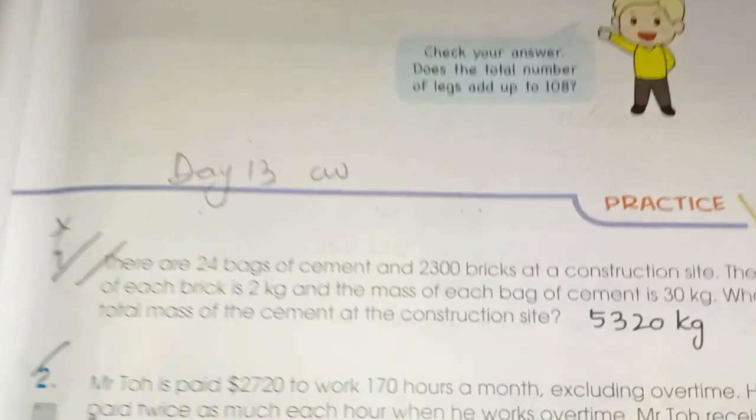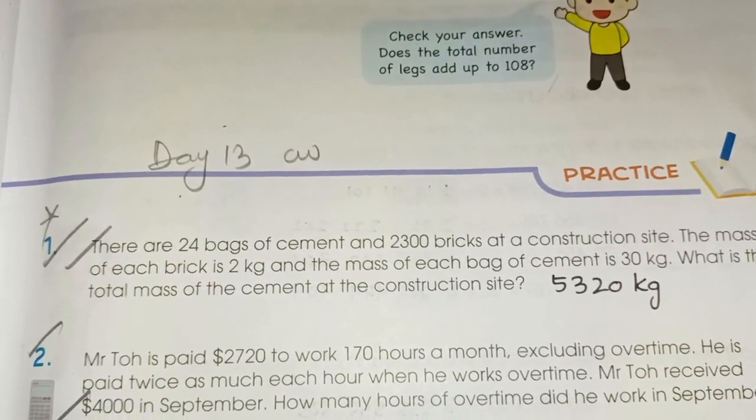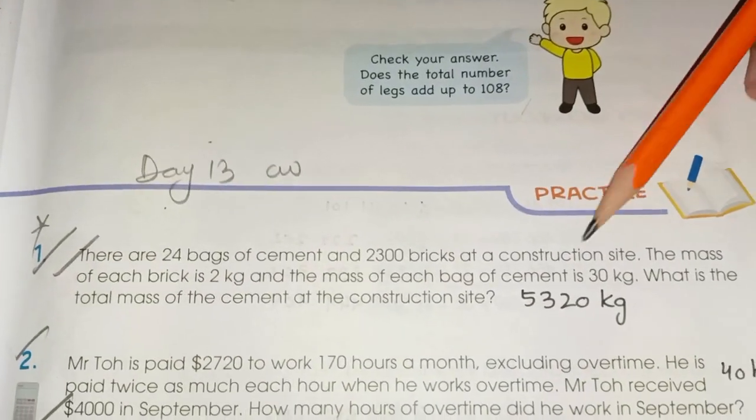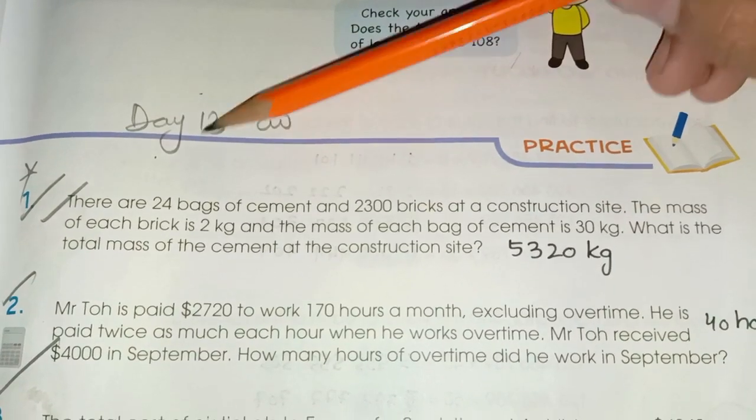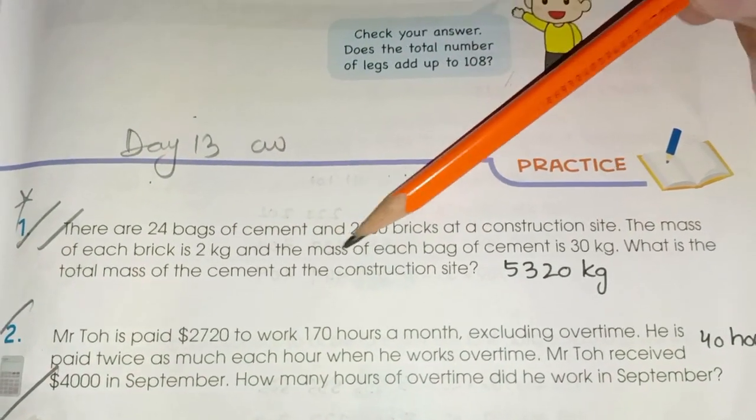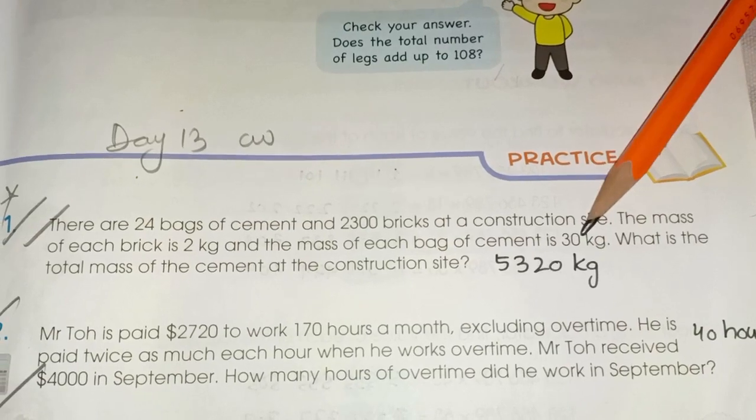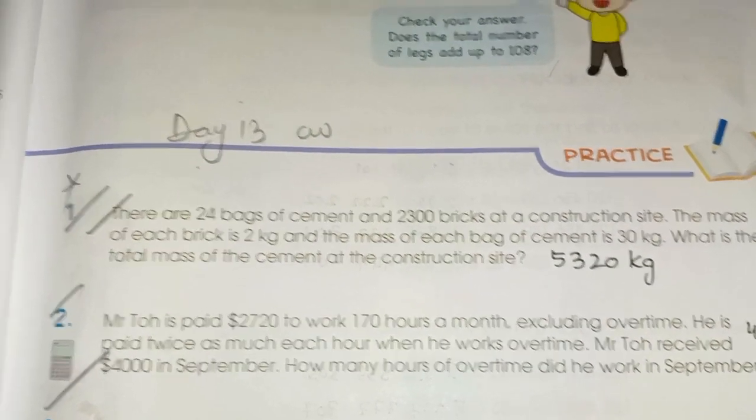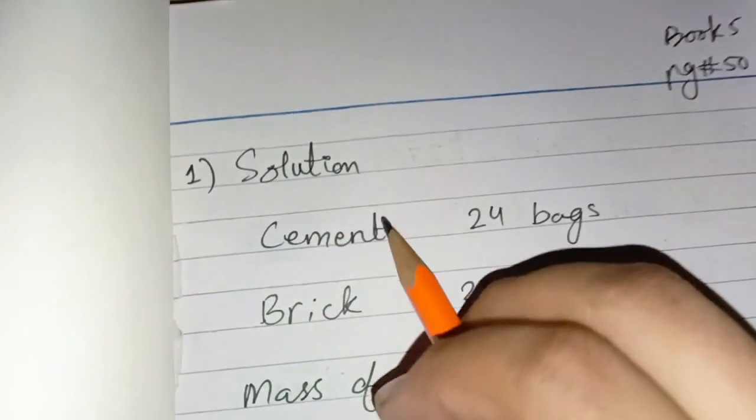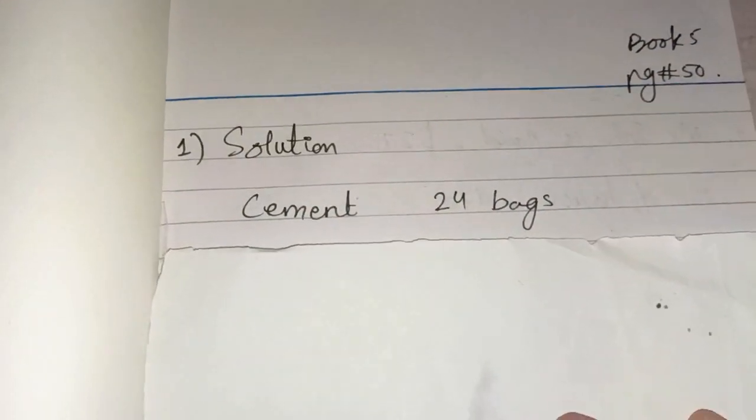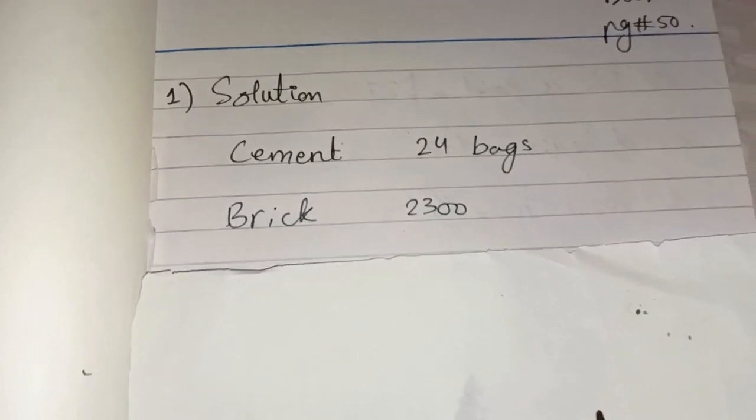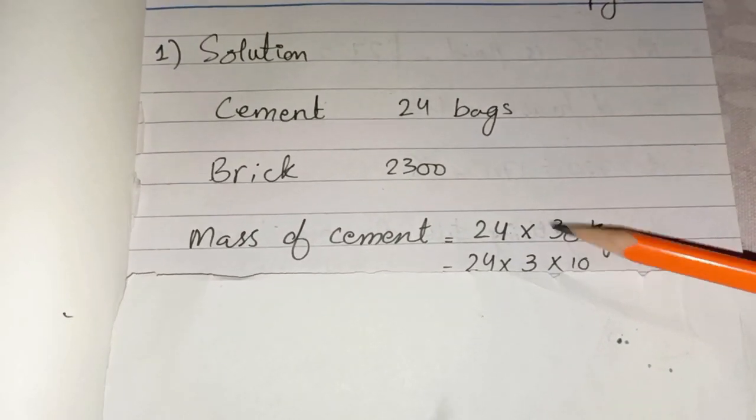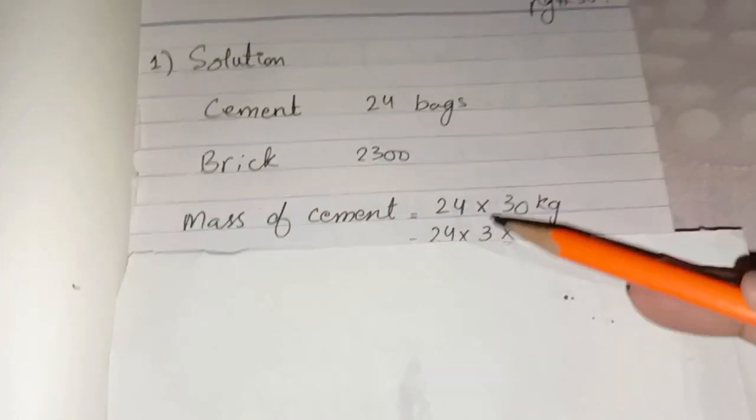Practice page number 50. Question number 1 is, there are 24 bags of cement and 2,300 bricks at a construction site. The mass of each brick is 2 kg and the mass of each bag of cement is 30 kg. What is the total mass of cement and bricks at the construction site? So let's see. Cement, 24 bags. Bricks, 2,300. Mass of cement is 24 multiplied by 30 kg, because 24 bags of 30 kg means we